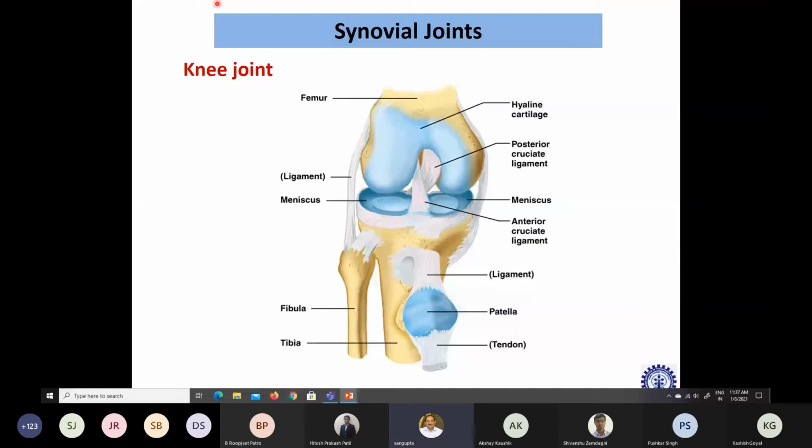So let us get back to the knee joint. As you can see, the distal part of the femur with the two condyles, the lateral condyle and the medial condyle. You have at the tibia, the proximal part of the tibia with the two plateaus. One is the lateral plateau, another is the medial plateau. So this is the proximal part of the tibia with the distal part of the femur forming